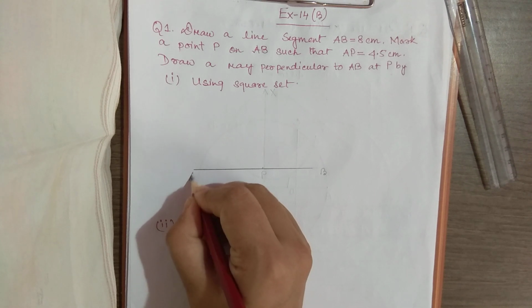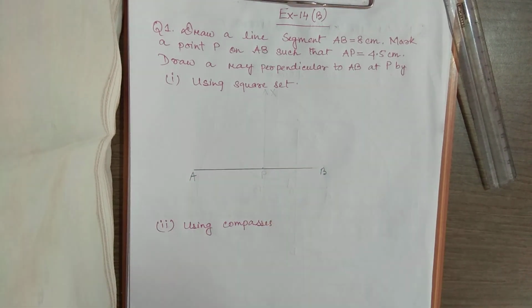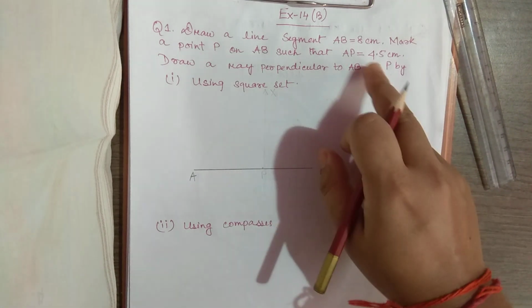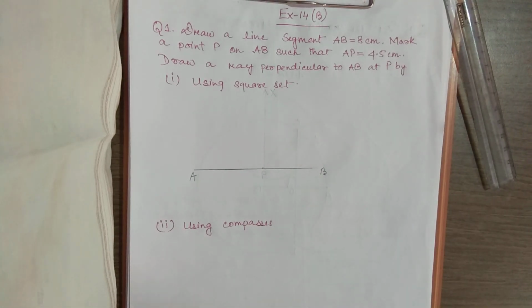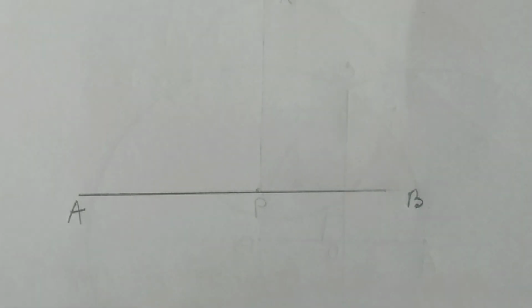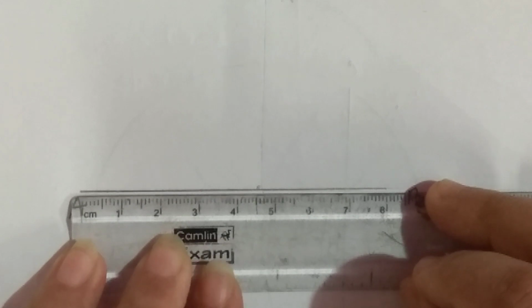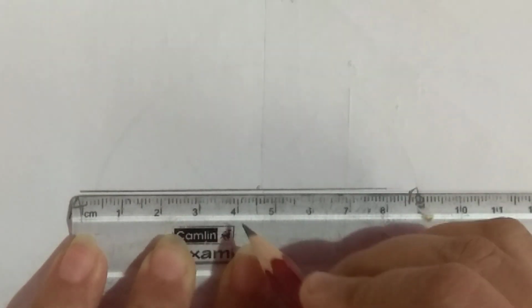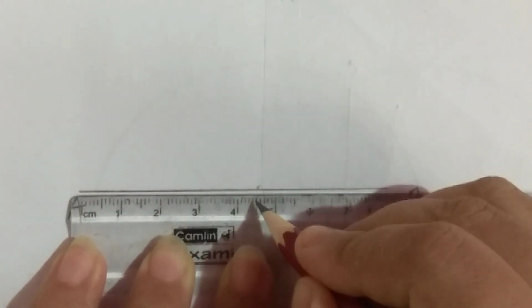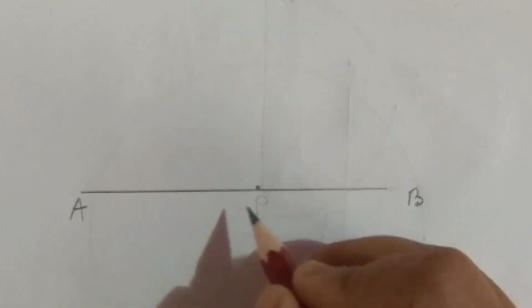This will be marked as A and B. Now we have to mark a point 4.5 cm from A. So from A we will mark 4.5 cm. I have placed the ruler. This is 4, this is 4.5. So I have marked 4.5 here